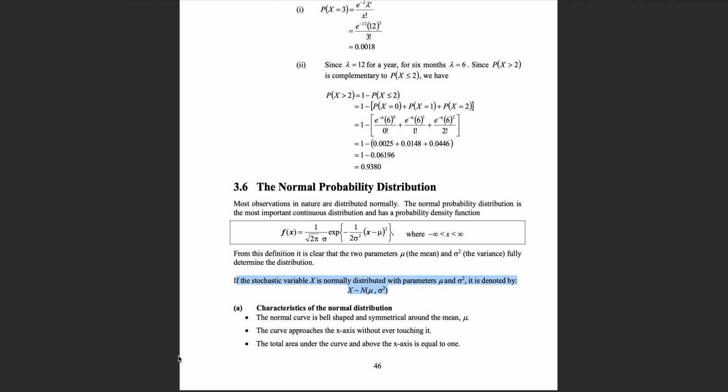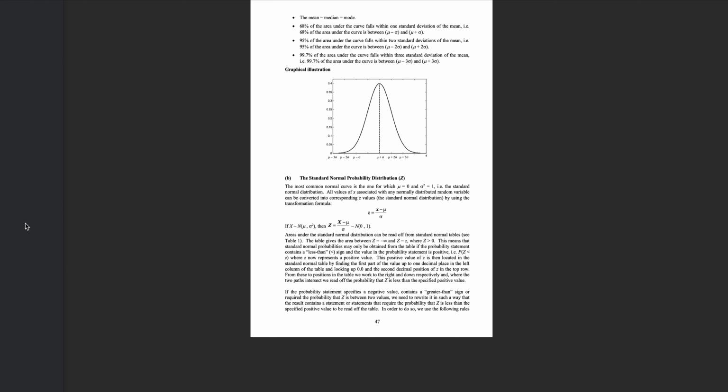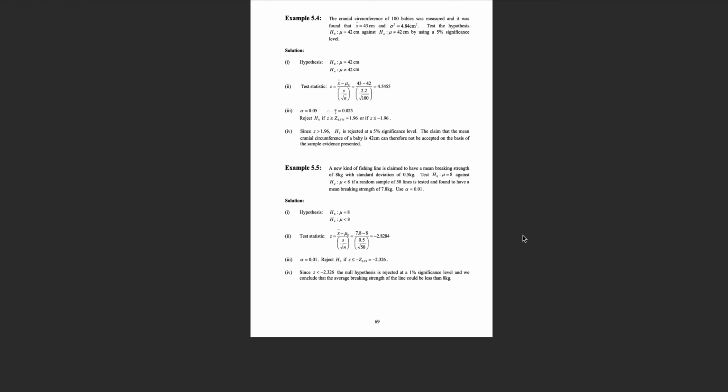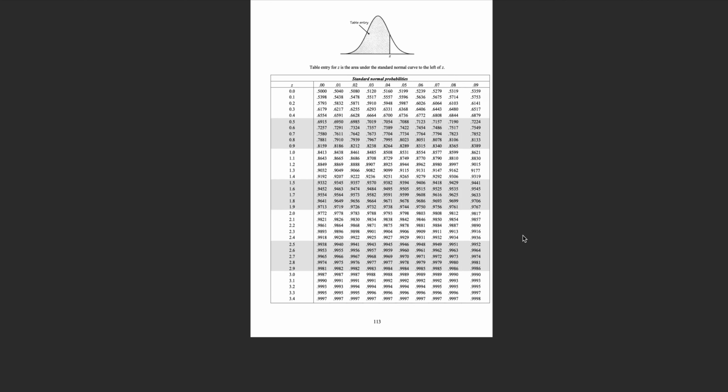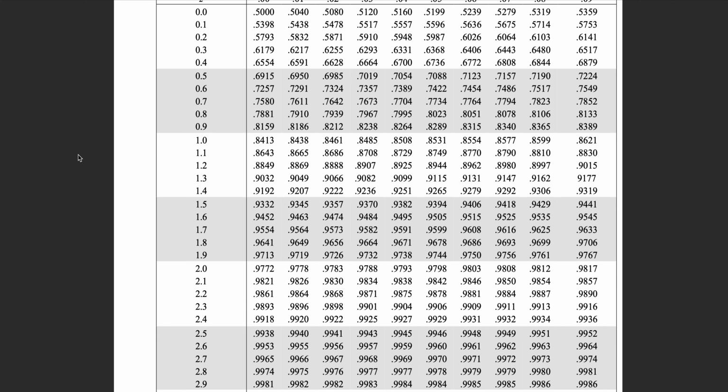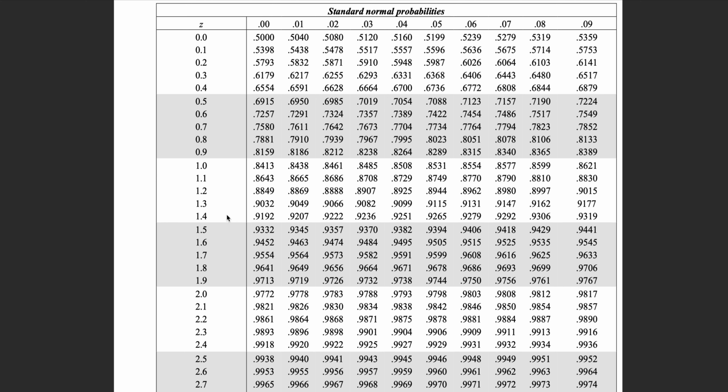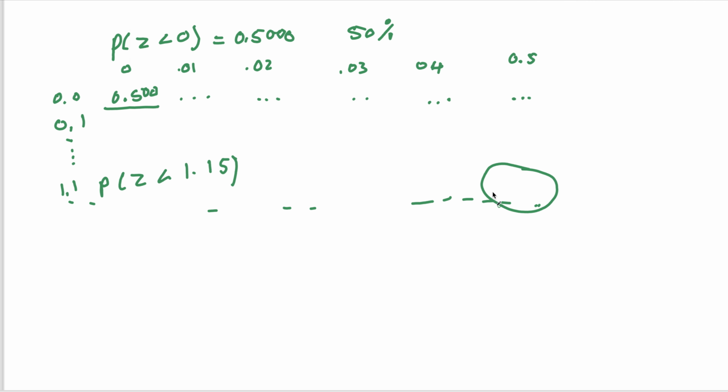So let's go to that table, the tables real quick. Okay, so now this is what I was explaining there. You have your standard normal probabilities, and these are the values that you're looking at. So you're looking for 1.15. It will be this value. Let me just highlight it here. So that's the value you're looking for, which is 0.8531. So the answer to this question is basically